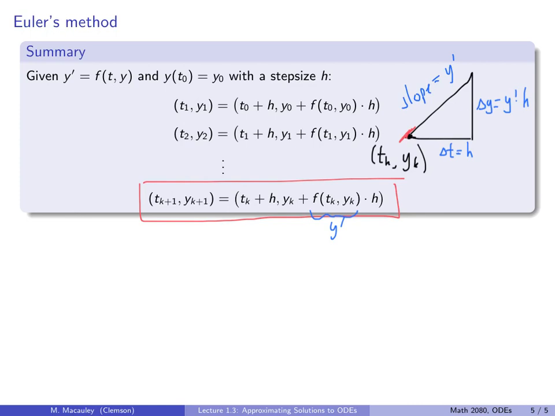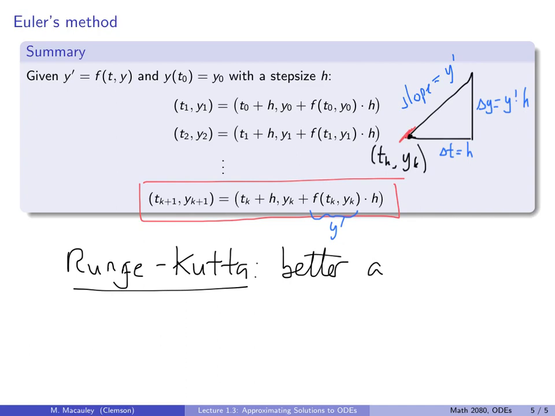One that you may have heard of is called the Runge-Kutta method. Let me write that down so you can see it. Runge-Kutta. This is actually a better approximation method. So why didn't I teach you this one? Well, it's less visual. I think it's less intuitive. I'm not going to teach the Runge-Kutta method,